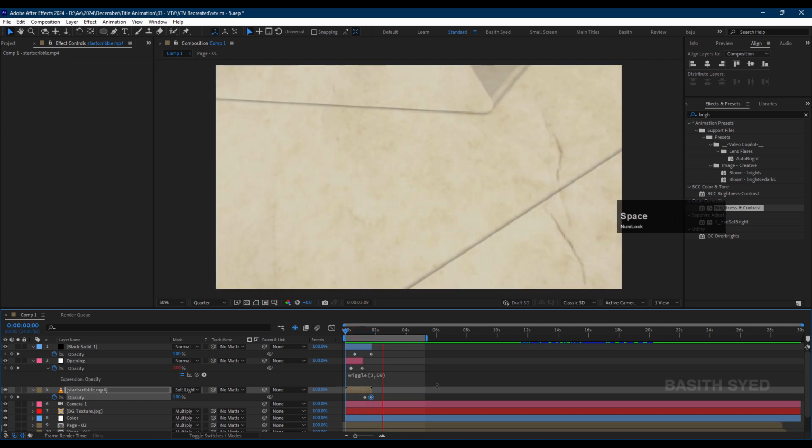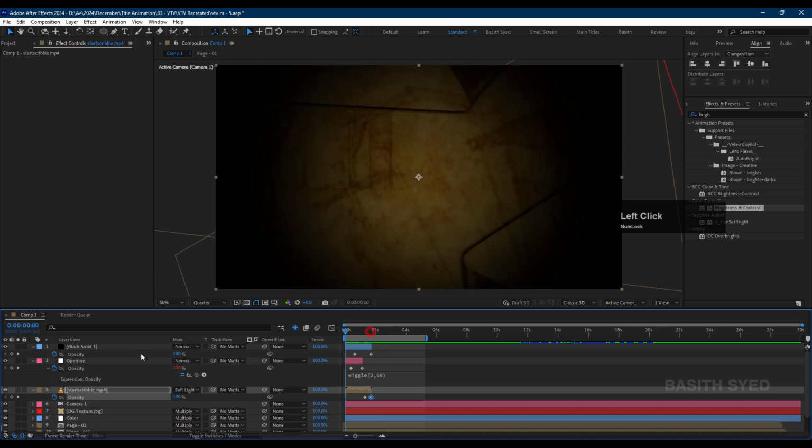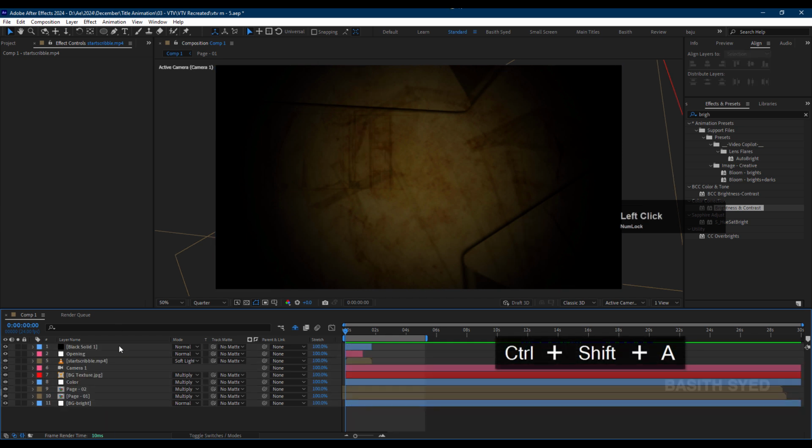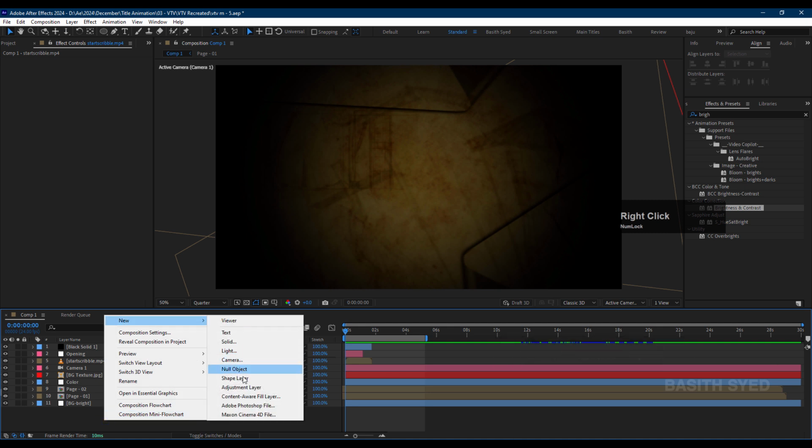Let's play this. So this is what we got so far. And then let's select everything, close this, press Ctrl Shift A to deselect. And then let's create an adjustment layer,